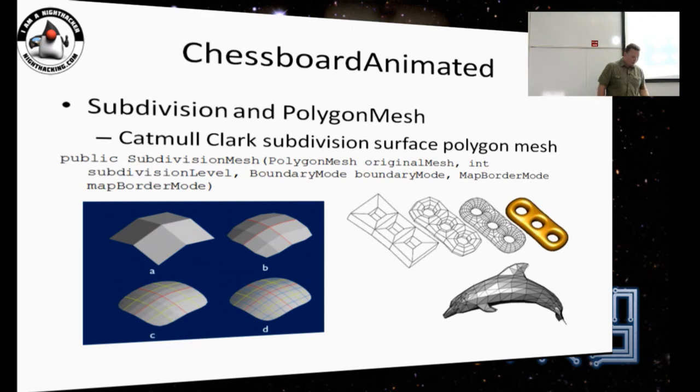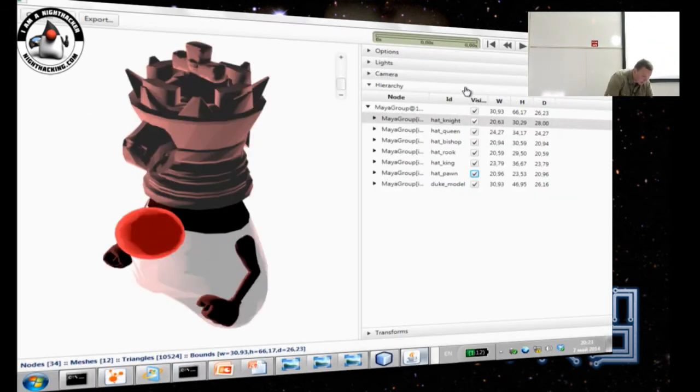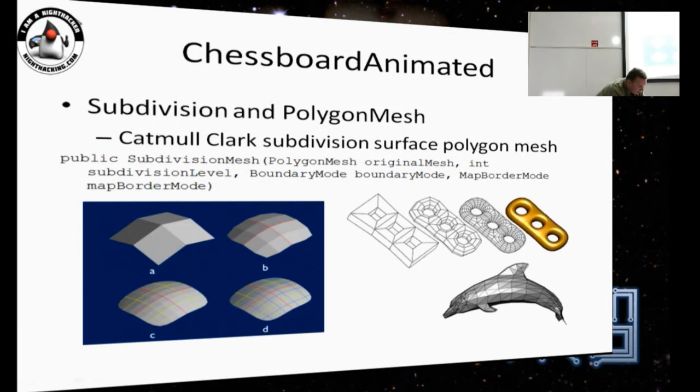And I can show you how 3D Viewer is capable of doing that. So we're gonna load our static Duke as polygons. To achieve that we need a polygon mesh, and it is available as part of the 3D Viewer project.